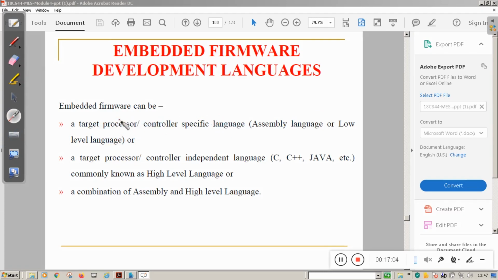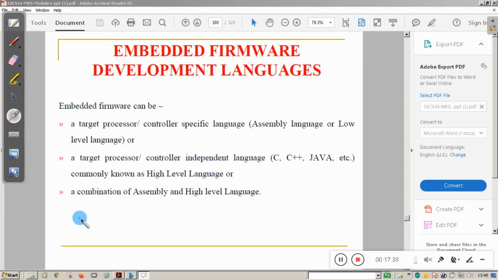That means if you develop a particular software using assembly language, it works on that particular processor. That will not work on all processors, as it is processor specific or controller specific. Suppose you design that using a high level language like C, C++, Java, etc., then it is controller independent or processor independent.